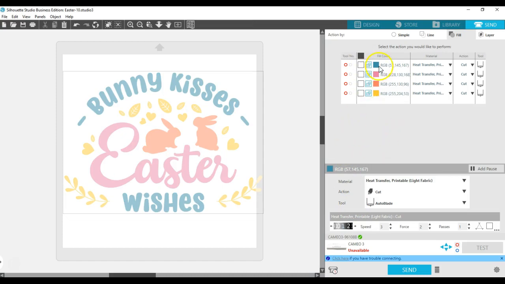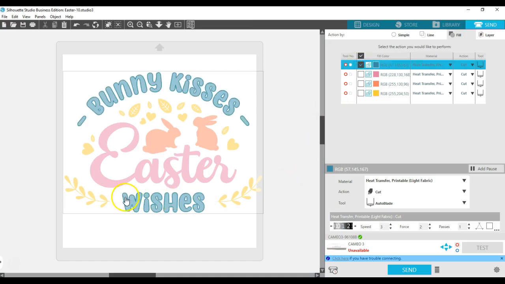Okay, so we'll do this simply. We're going to start with our teal color. So what I would do here is I would click the teal color, and you see how it highlights, the outline is there, okay? So what's going to happen now is when I load my teal onto the mat in the right size, you feed that into the mat and press send. My Cameo is not powered on right now, but you press send and it's only going to cut this color. When it's done, you're going to unload,